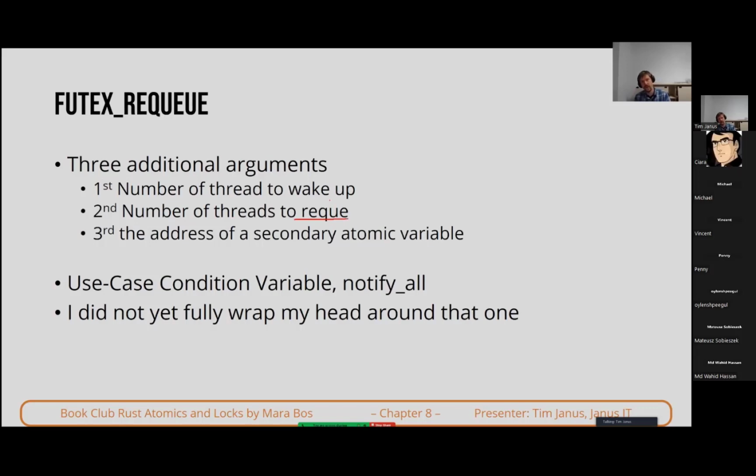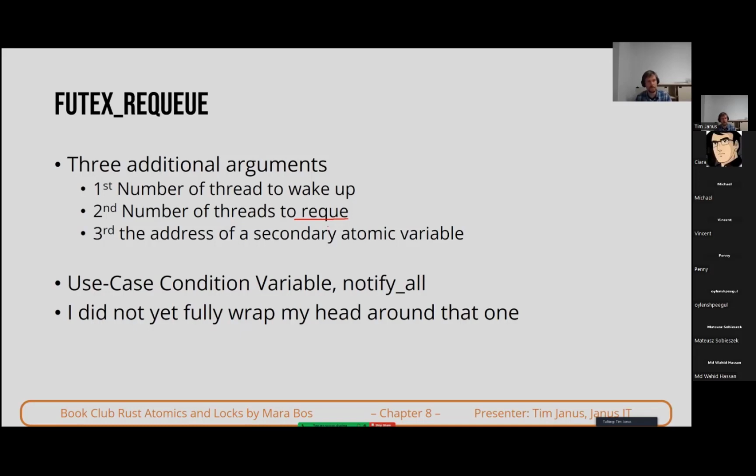So if we wake up, for example, 1 thread and there are 3 other threads open for requeuing, and we say we want to requeue all other threads,